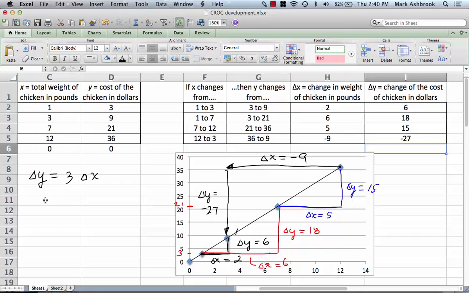Like you want to find, you have x and you want to find y. So we divide it by 3. Yeah, so delta x is always delta y divided by 3. Yeah, true. Okay? All right, so this right here, if this is always true for a given relationship,